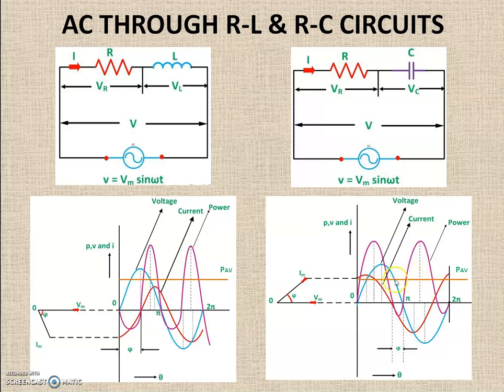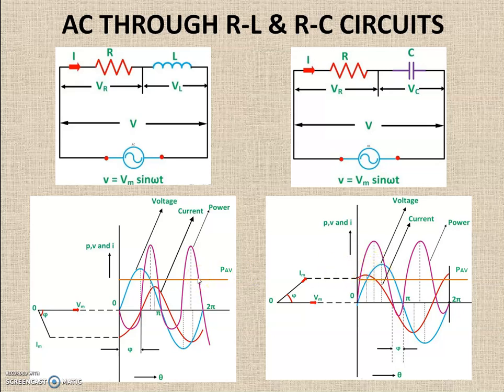Okay, so consider in this case, if we are increasing the value of the resistor and making it a pure resistive network, that is, if we are removing this inductor, then this power curve will shift up and also the average power will shift up. And the same is the case with this. If you remove the capacitance from this circuit and make it a pure resistive circuit, this power curve will shift up because the voltage and current will come in phase, and this average power will also go up. So that is the main difference.